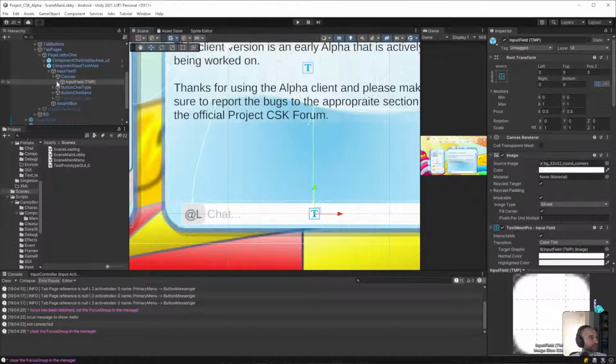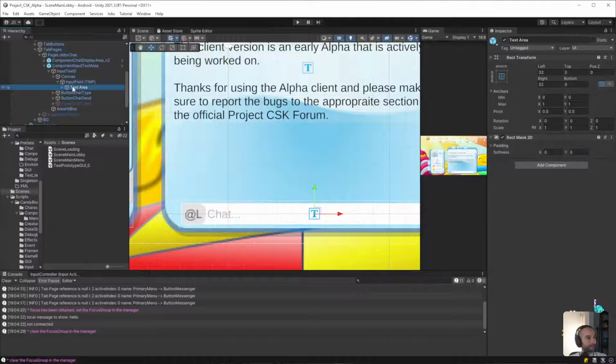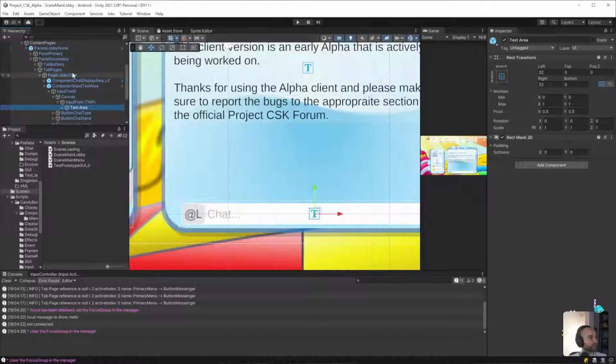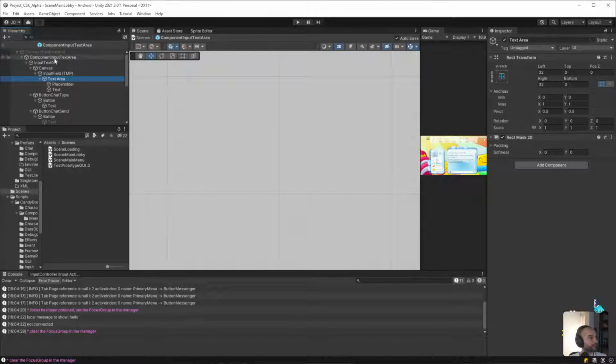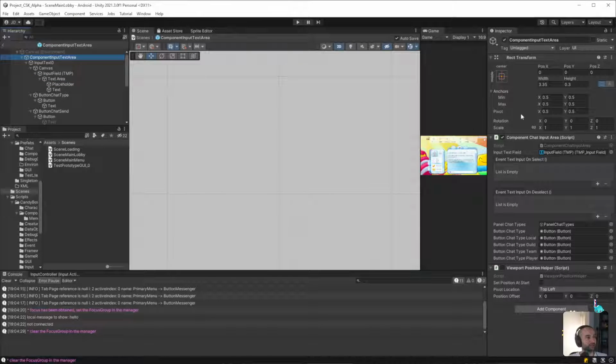Okay, so chat, let's have a look at its prefab. Going from the top, what are these buttons?